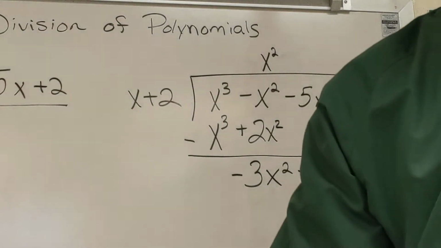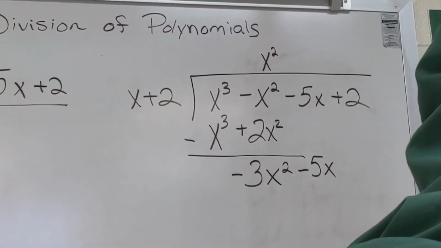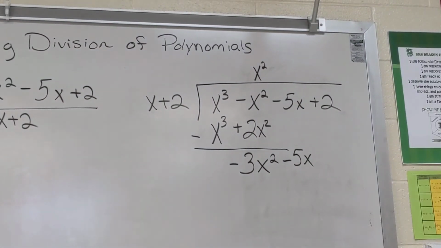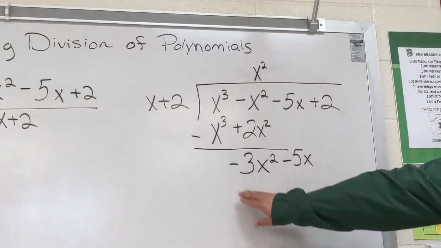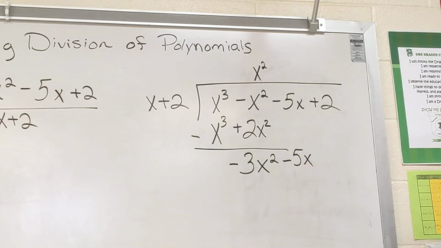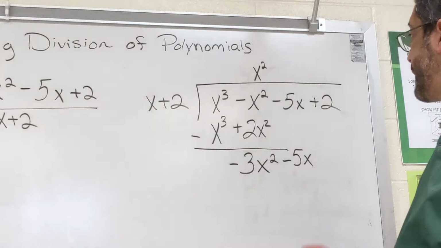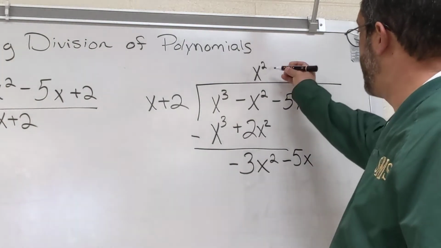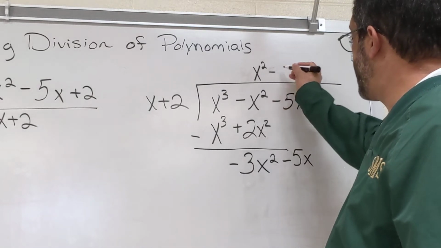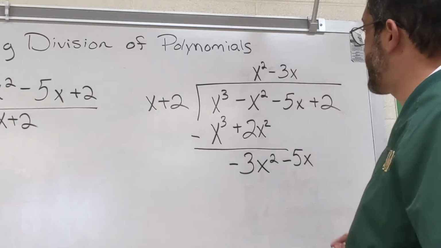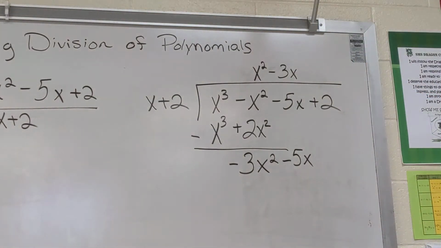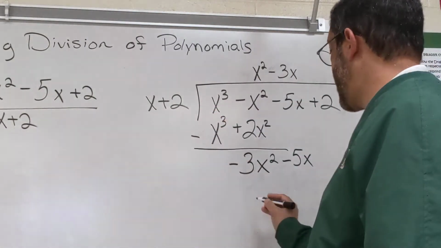So now I ask myself the same question, which is, what do I need to multiply x by to, again, eliminate this? So I would need to multiply it this time by a negative 3x. Because negative 3x times x,